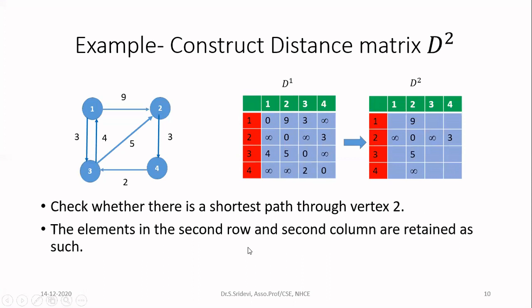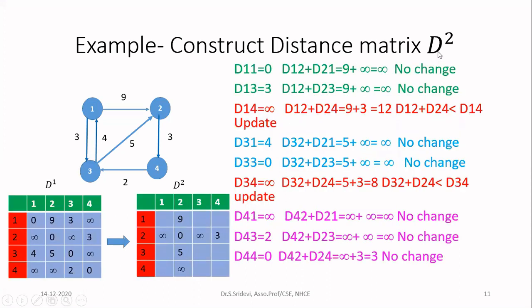So let us see one example for this. So now I am going to construct D2. So if you consider here, I'm not going to write anything with respect to the row 2. Similarly, column 2 will never appear here. We are going to compute for remaining 9 empty cells only. Here I have 9 empty cells. For these cells, you have to construct the distance.